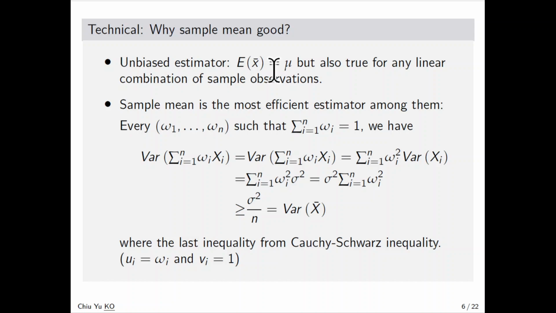But why is the sample mean good? We need to explain. Let's show that among any linear combination, the mean is actually the best. That means the weighted average with weights of 1 over n, equal weights, is the best. Why? Look at the variance. It's the most efficient one. So the variance of this